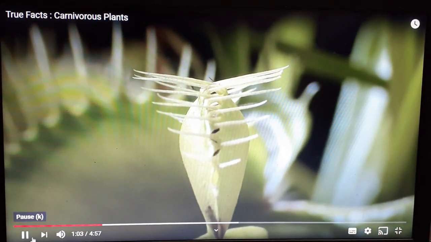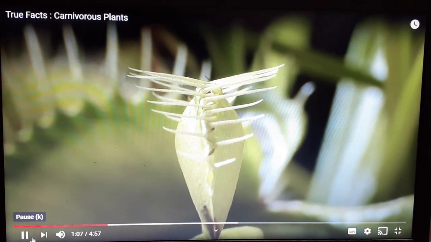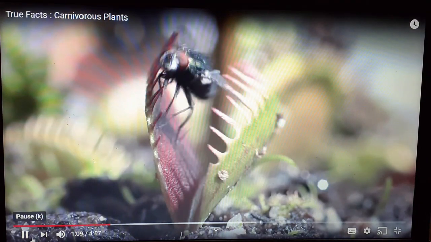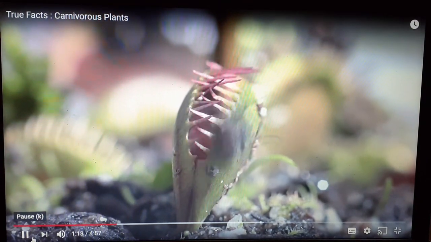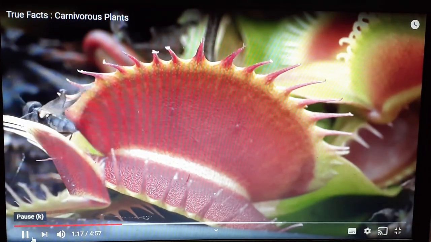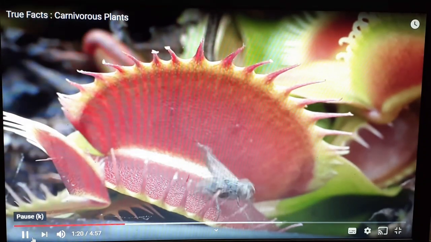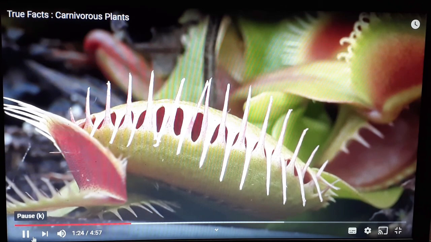When it is closed, it will not open for two to three days. It will digest the insect with the help of some enzymes, and after that the plant will open again.